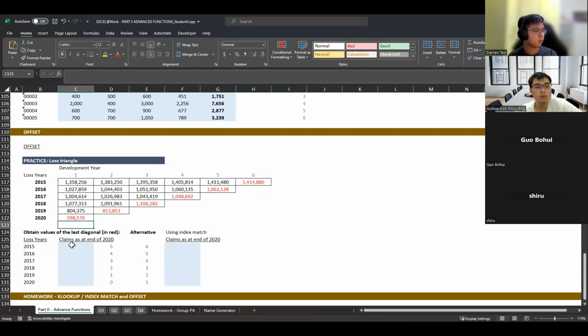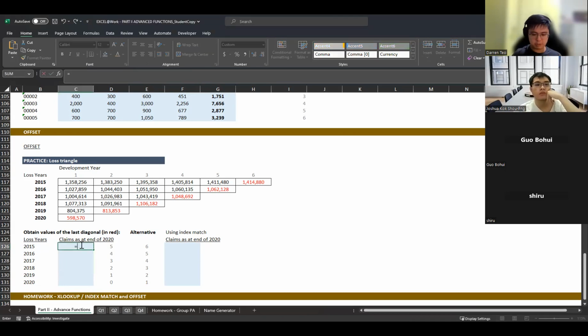So what I can do is set equal to this, equal to this, equal to this, equal to this. You see that when I try to do this, I already have some trouble because it's so annoying to click on the diagonals. So I want a simpler way. I want to do index match. I want to do an offset, this function that I was talking about.